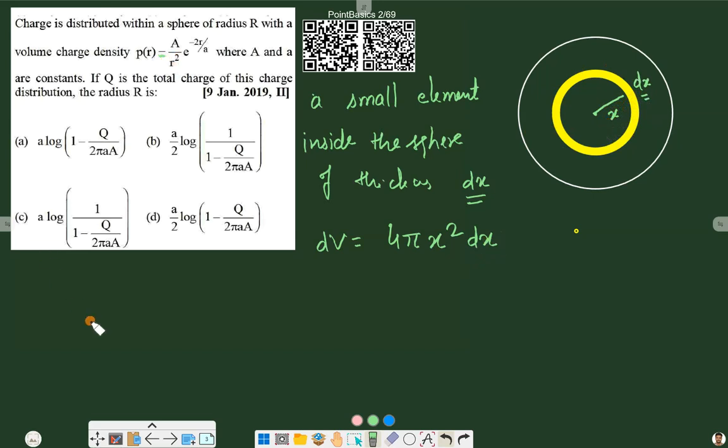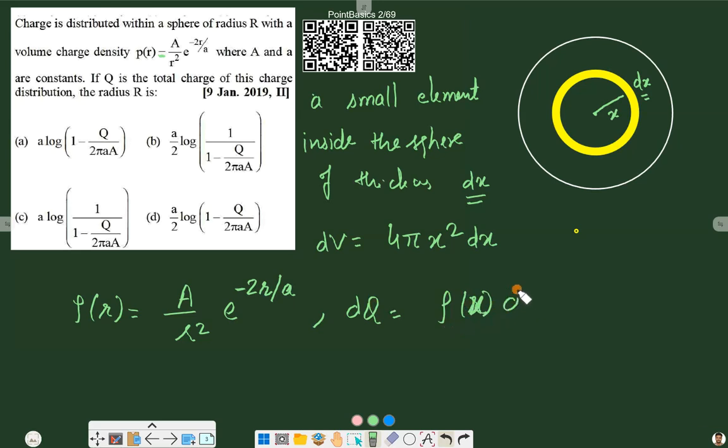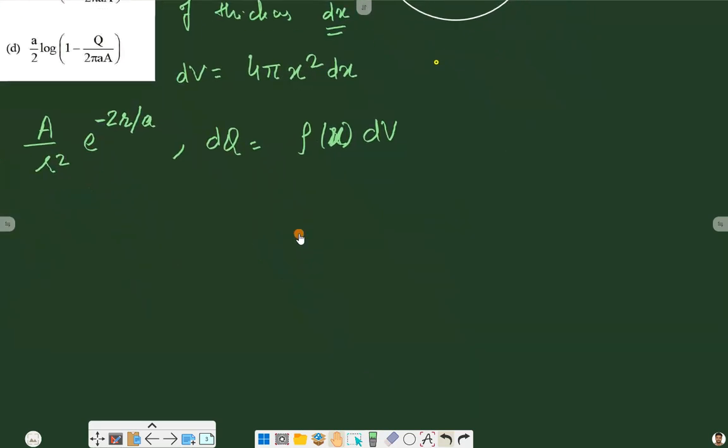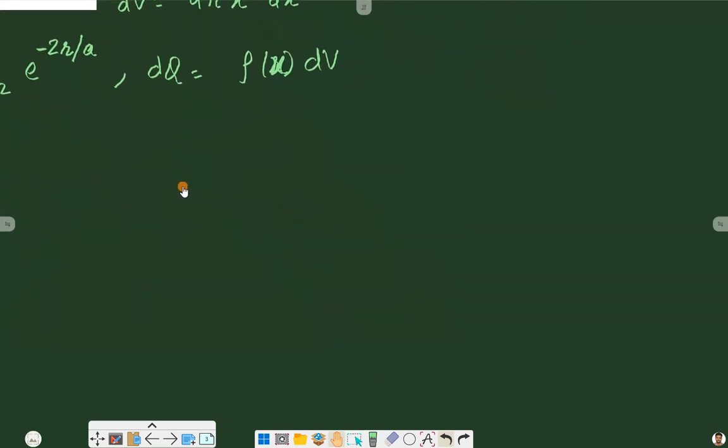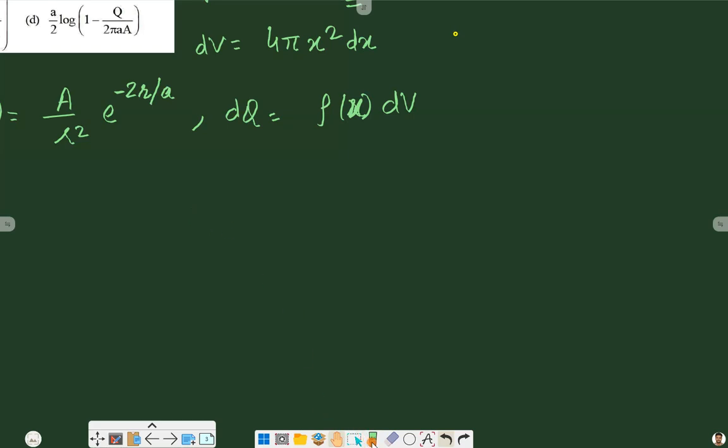We have been given the charge density. So here the density is rho equal to a by r square e raised to power minus 2r by a. So this is the charge density, and this is the volume of this small element. So we can find the small charge on this element by multiplying charge density into volume. So dq is equal to rho(x) into dV, and these values will be given by dq will be, rho(x) is a by x square e raised to minus 2x by a, into 4 pi x square